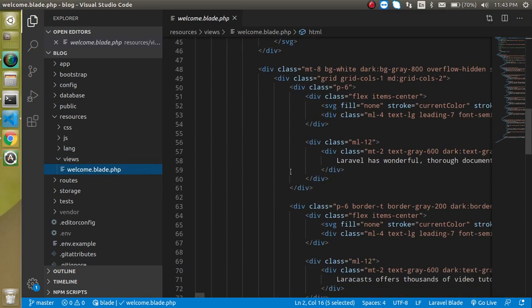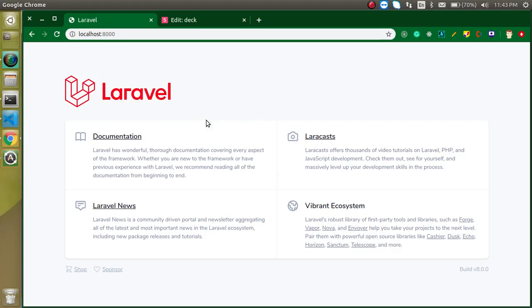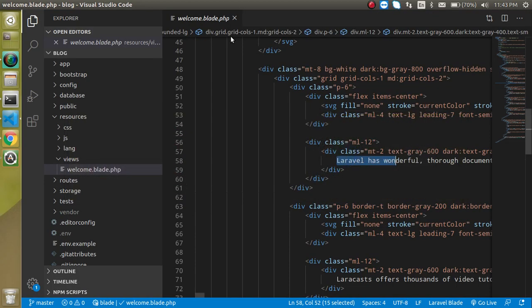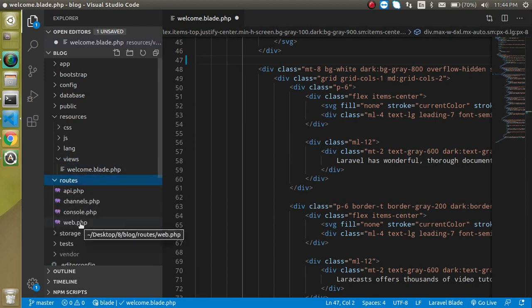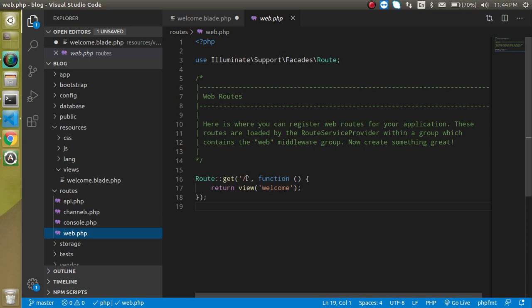Here you can see some code, and this is the page which is coming from welcome.blade.php, and this is mapped in web.php, where you can see the root path. So this is a default routing which is provided by Laravel.